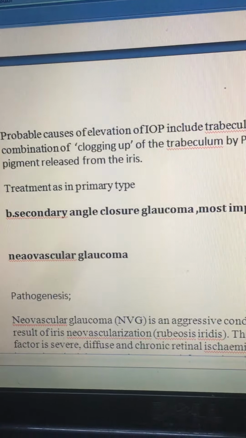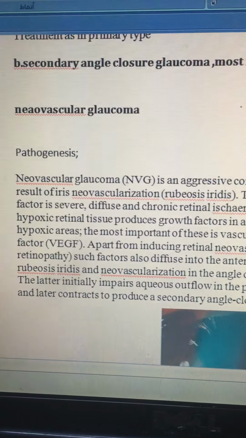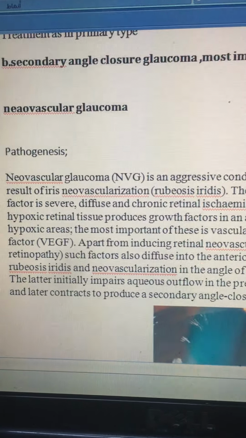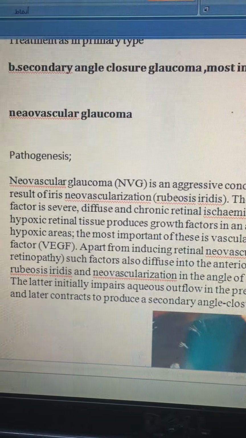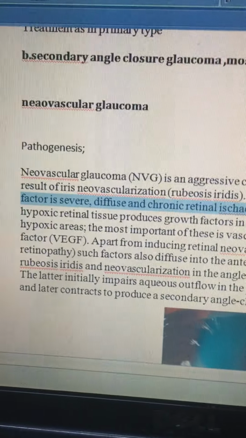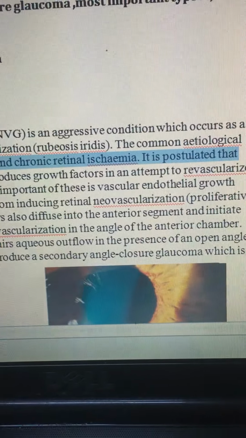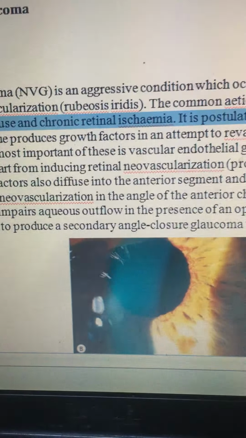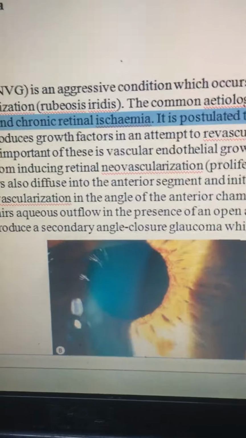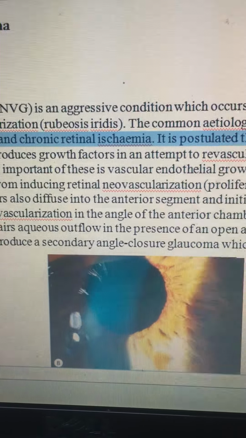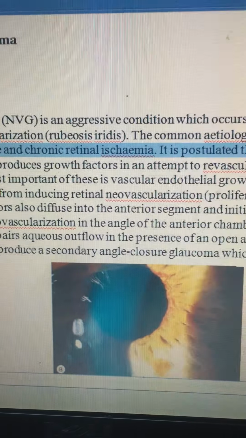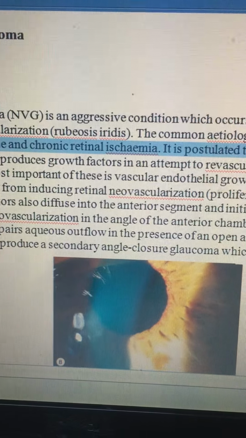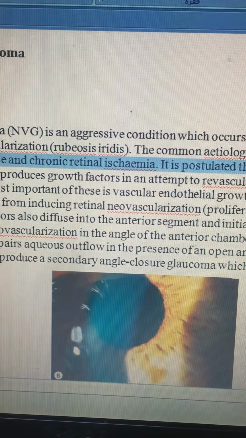It is neovascular glaucoma. We face it actually so many times. It is due mainly to diabetic retinopathy, but could be due to other conditions called vasculopathy. In neovascular glaucoma, here we see in this picture, there is rubeosis iridis, abnormal neovascularization in the iris. These blood vessels will creep toward the angle and then cause fibrosis and close the angle in a zipper-like fashion. It starts as open angle glaucoma, then shifts to closed angle glaucoma, and the line of management